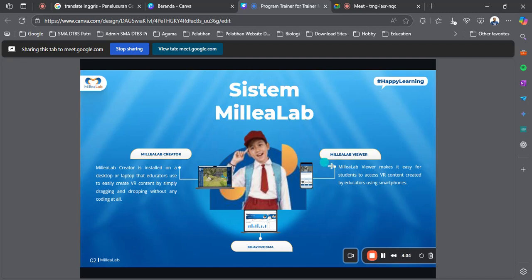The viewer on my left side is something we can use to view the 3D in the VR glasses that you have seen in my video in the WhatsApp group. That is me using the glasses.